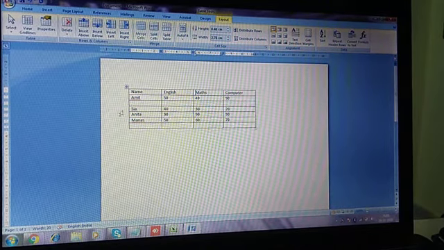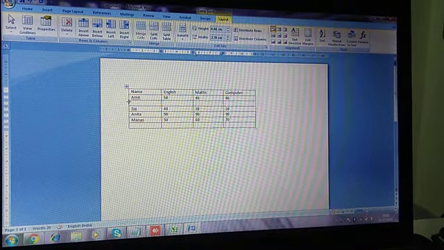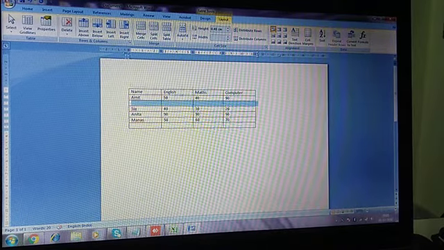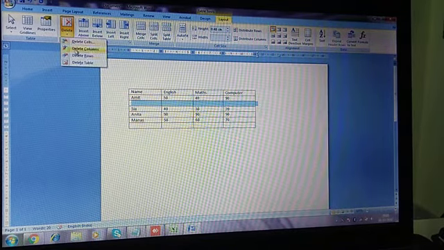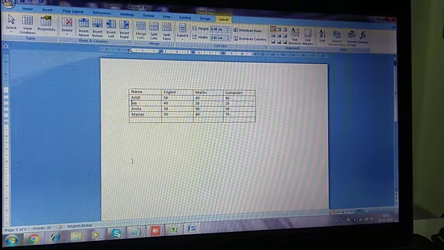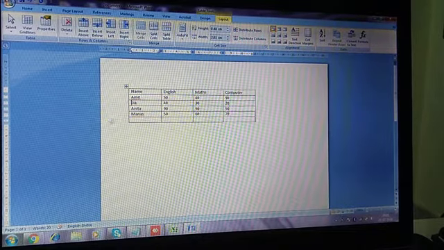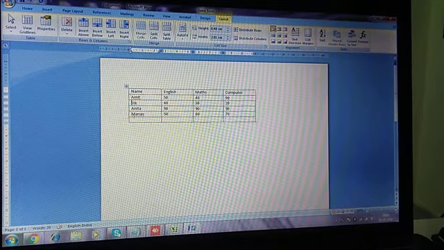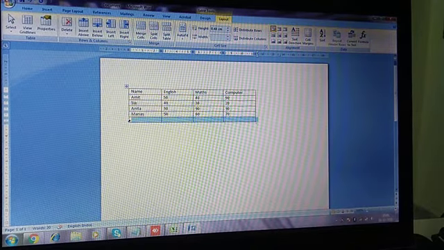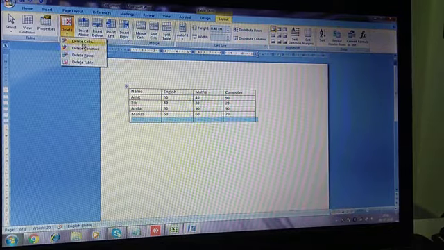Okay, now how to delete the rows. First we have to select the row, and to select the row, go to the left side of the table, double click here, and the entire row is selected. Then again go to the Delete option and click on delete row. See, the row above Sia's name is deleted. Now I want to delete this row which is inserted after Manas's row. Again by double clicking I will select the entire row and go to Delete, and then delete row.